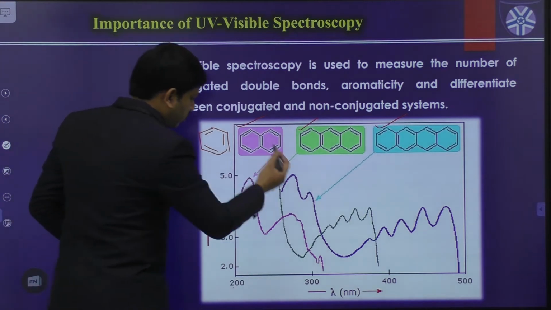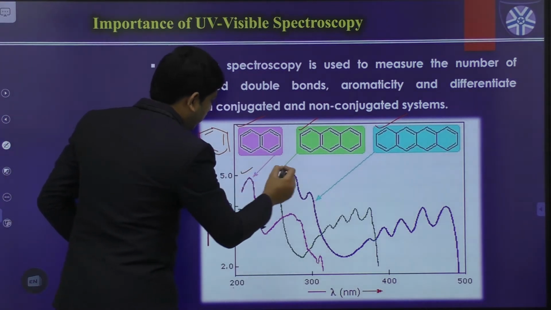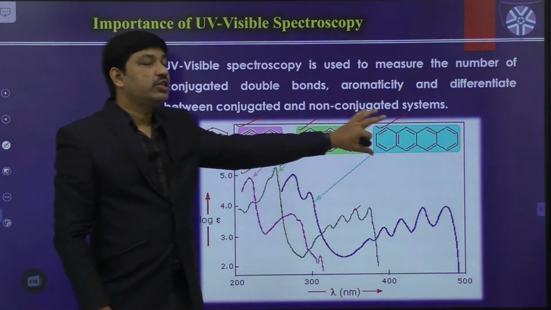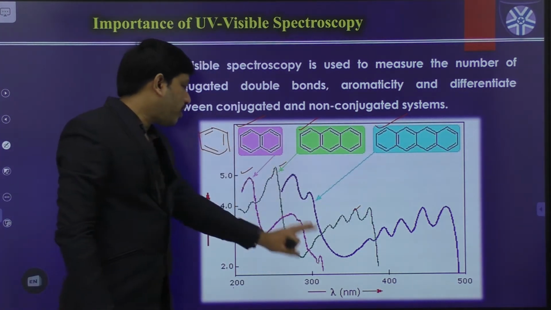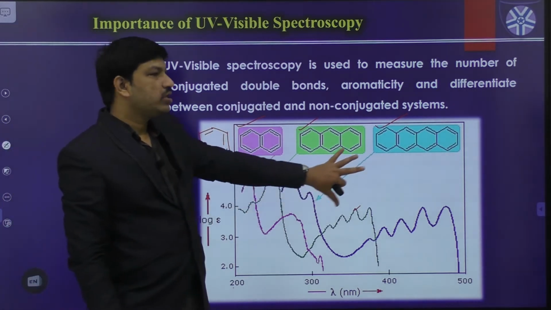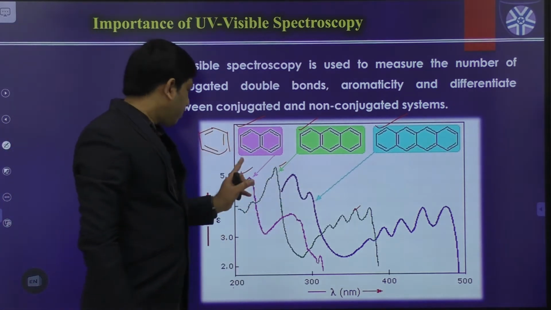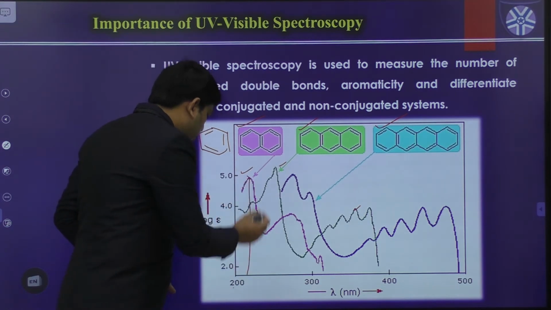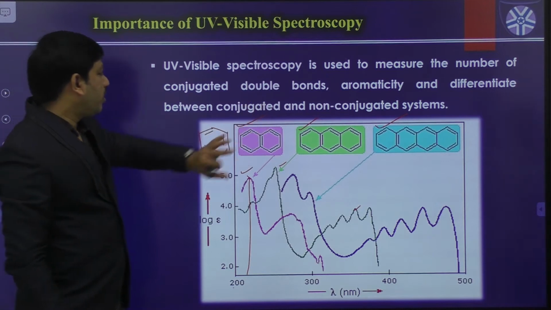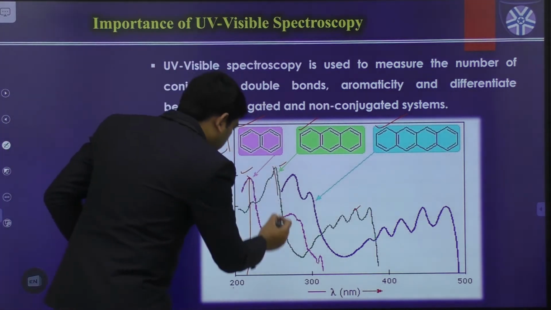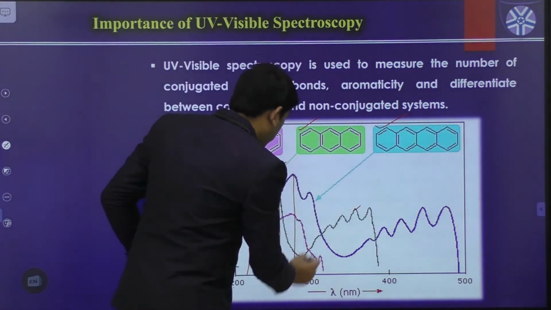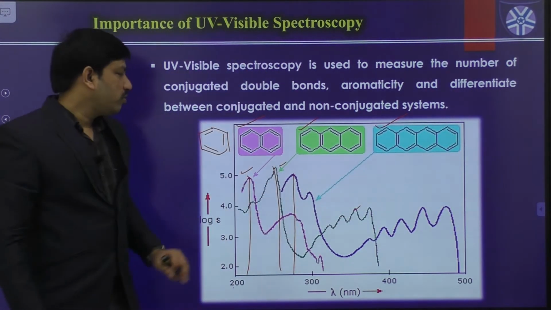But in this spectrum, I am showing the absorption spectra of 3 different compounds. Once the aromaticity changes, the absorption peak values also change in this manner. Yes or no? So from this absorption spectrum we can understand that the first peak is mainly because of naphthalene, the second peak mainly because of anthracene, and the third peak mainly because of the tetracene molecule.